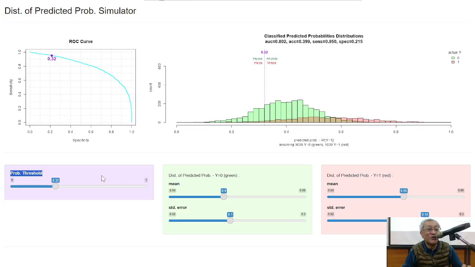When we move the threshold from 0 to 1, we can draw a curve in this sensitivity and specificity plane, and that curve is called the ROC curve. And the area under the curve is what we want to explain